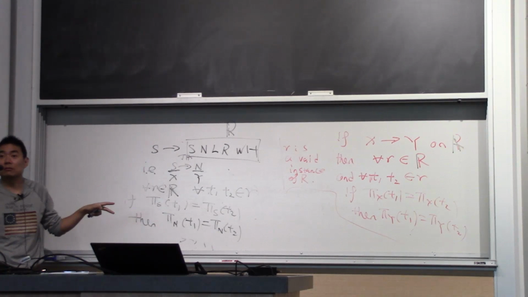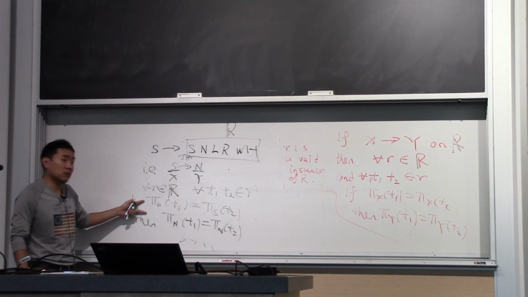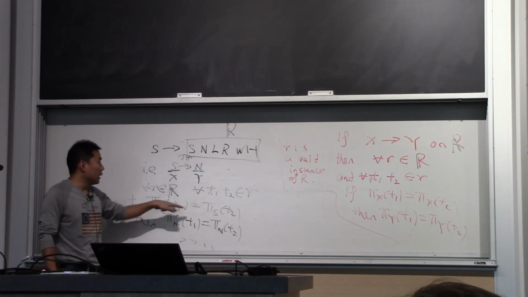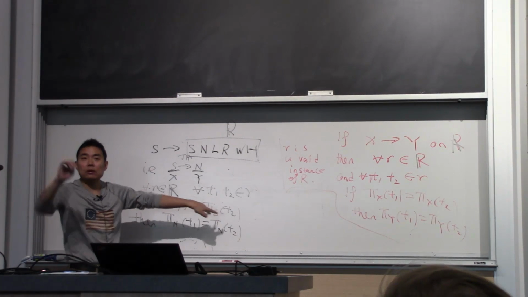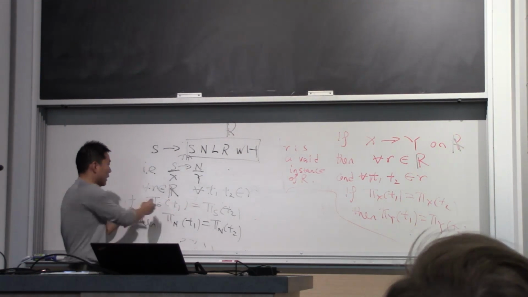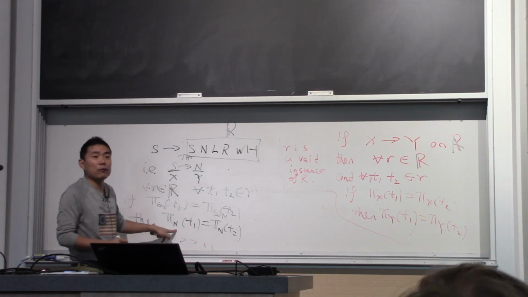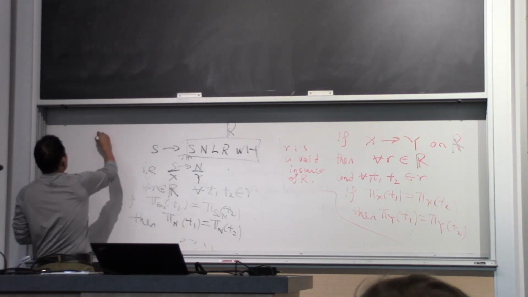Do you follow this? Now let's read this in plain English. What does that mean? In plain English, if I have two employees arbitrarily chosen, and their social security number, S stands for SSN, right? And N stands for